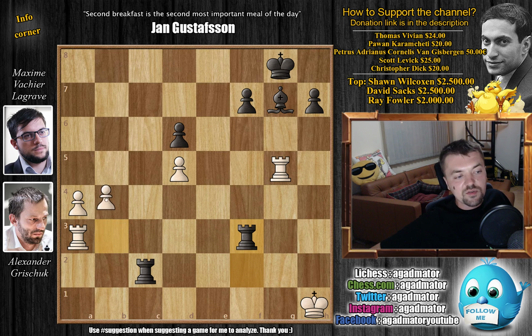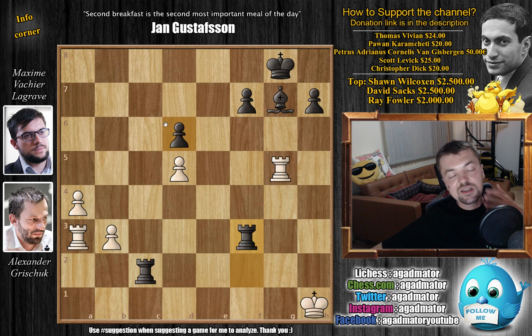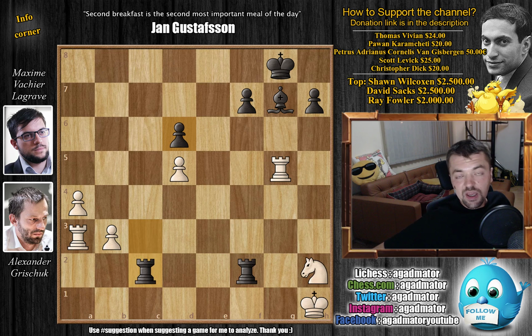You can't start even pushing your pawns. You could start pushing a5, but it doesn't really do that much. Black will have everything in order. You'll play king f8, bishop d4, just block the pawns, and it's an easily winning endgame for black. So of course Grischuk knows this, and after rook c to c2 he resigned the game,